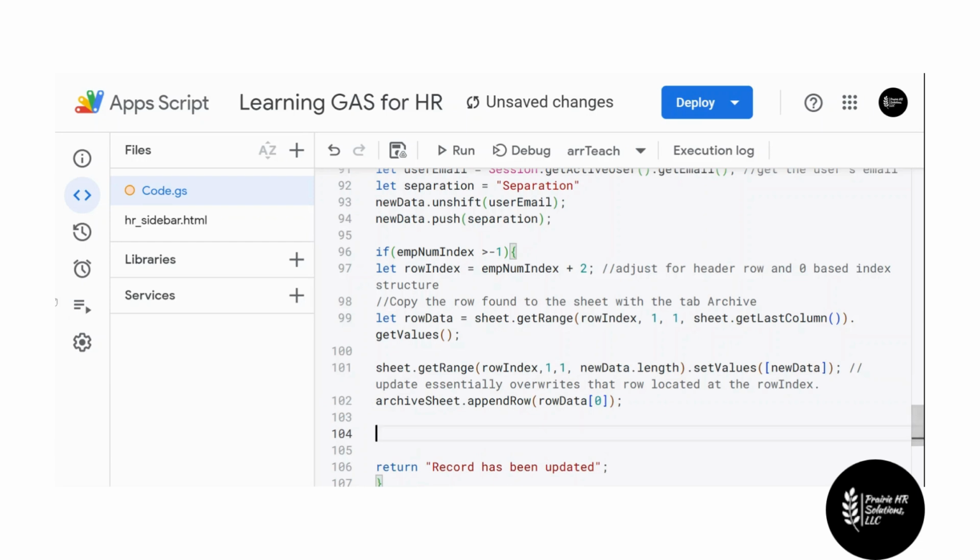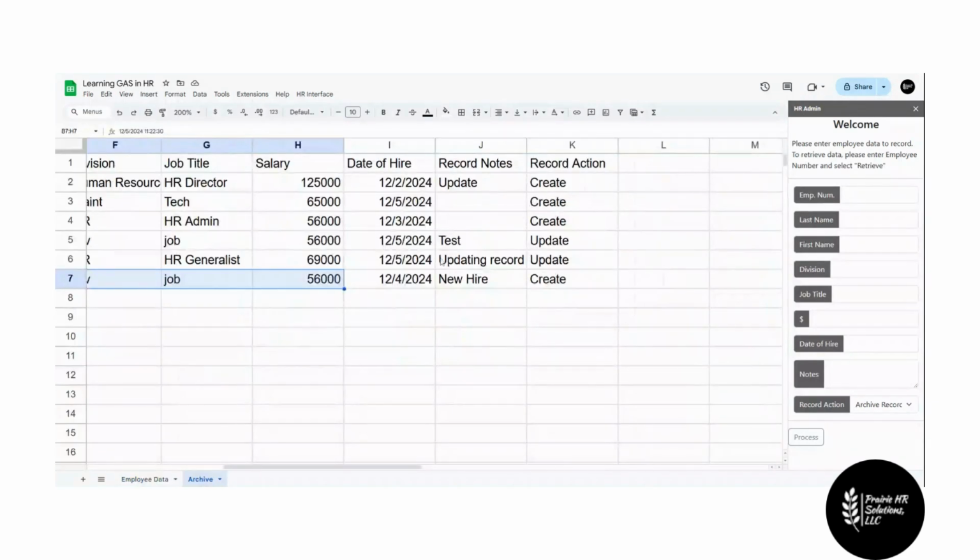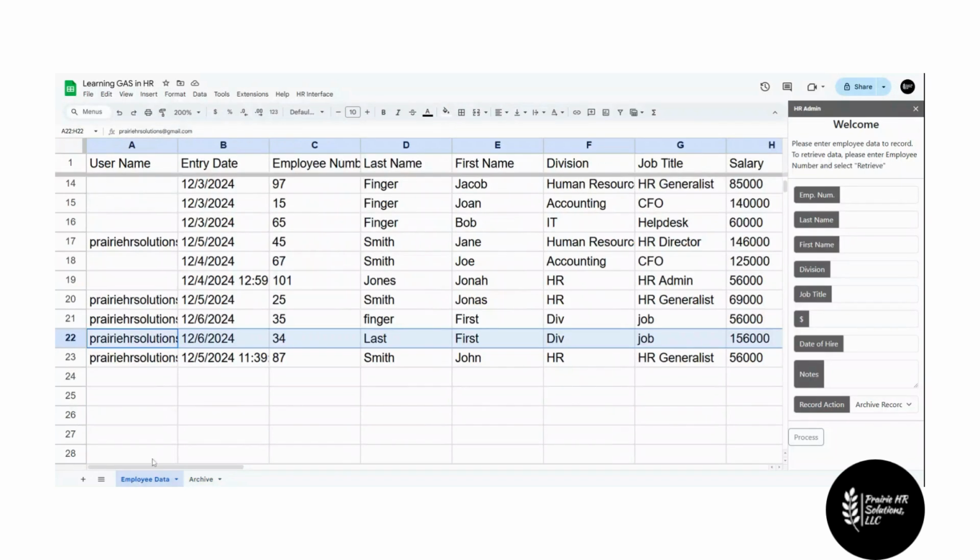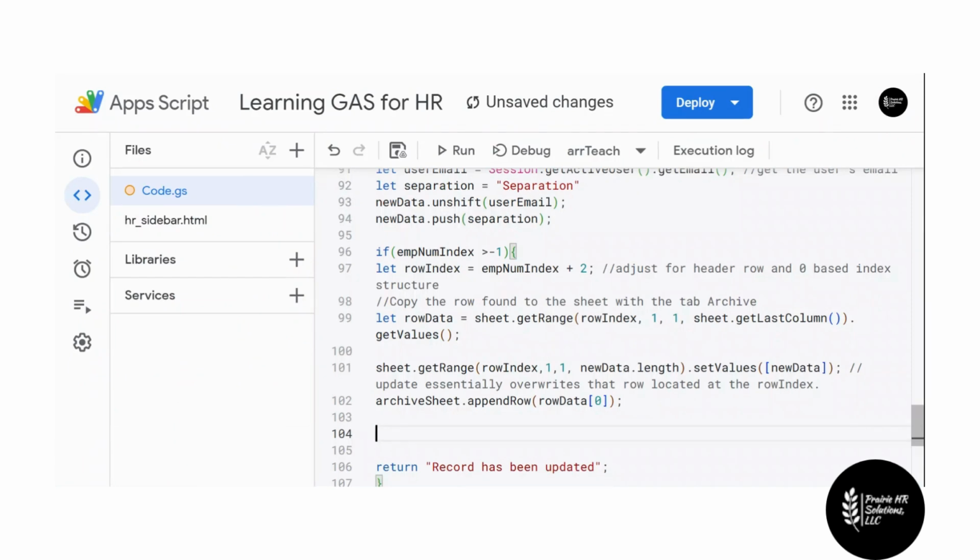Now, after it archives, what we want to do is delete the thing. So we don't want to delete it from our archive. We don't want to delete it after we send it over here from the archive sheet. We want to delete it from this sheet. And we want to delete the row that the index was located at. So what I mean is